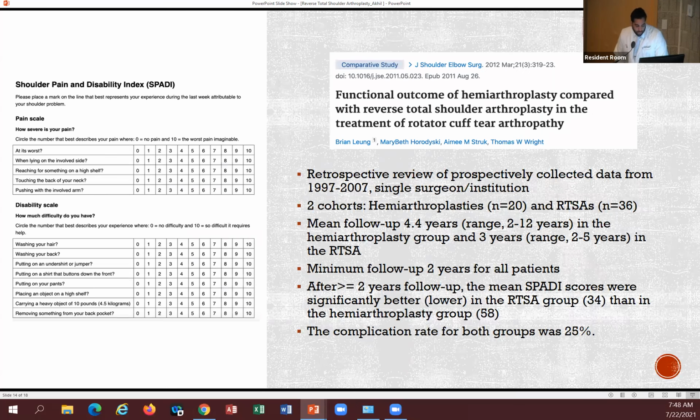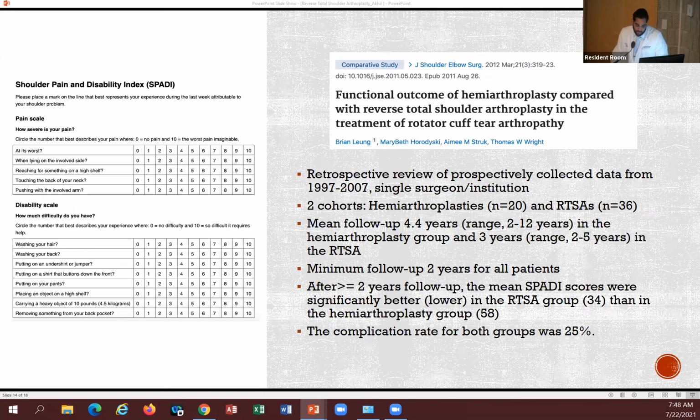And this is the second study that I thought was interesting. This study was published in 2012. And while it's a little bit older, I thought that it was very interesting because it compared hemis with reverse total shoulders. So similar authors to the prior study, and essentially it was a retrospective review of prospectively collected data,